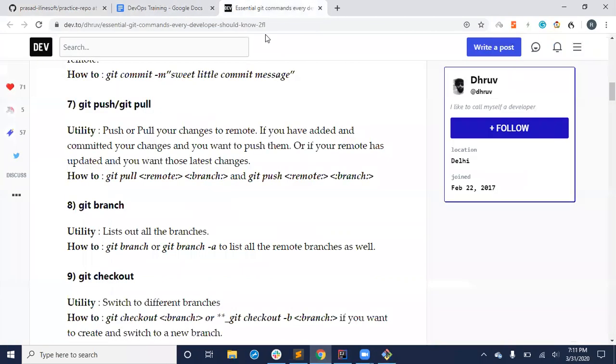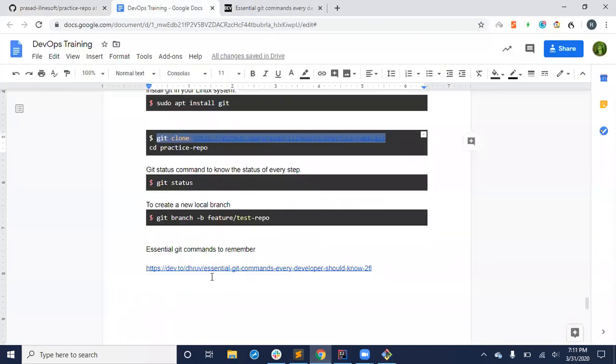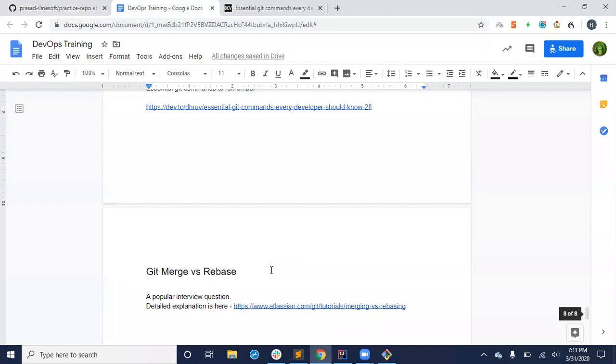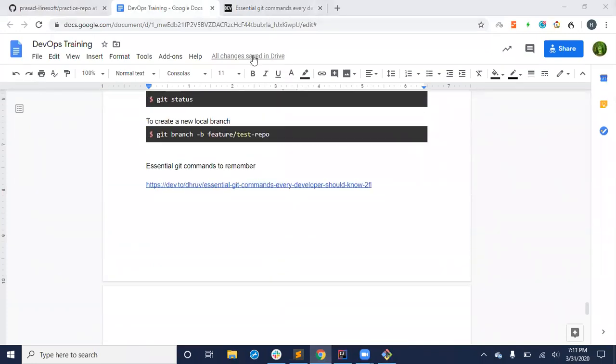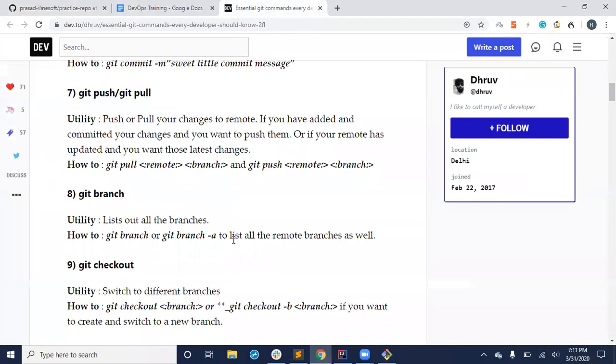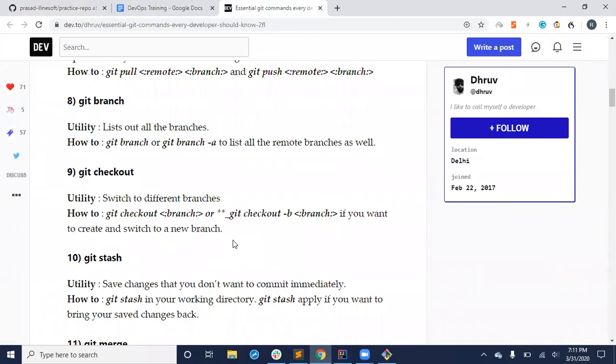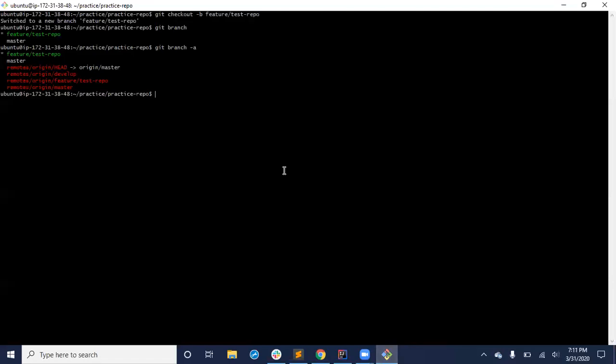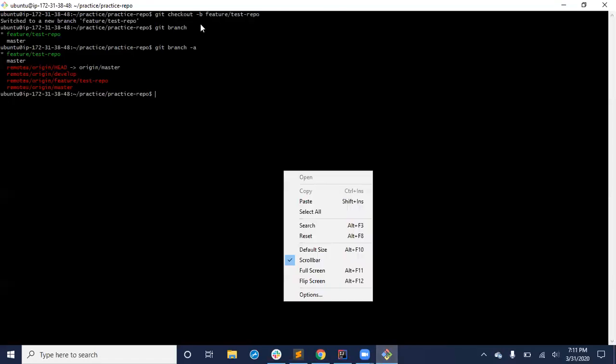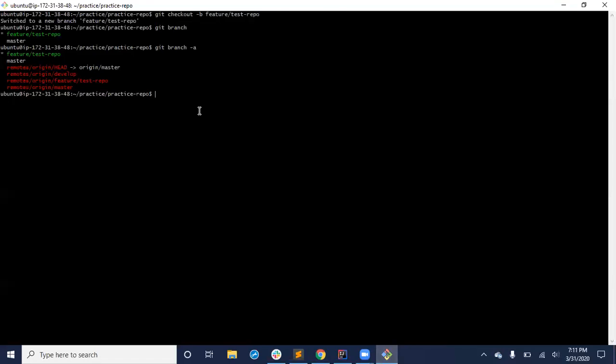Okay. So in these essential Git commands, git branch -a or git branch is very useful. git checkout is to switch to a branch, like we saw here, git checkout -b creating a new local branch. Now let's say I have master locally and I just want to check out the master branch.